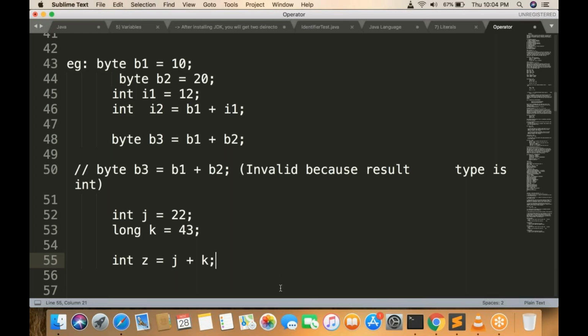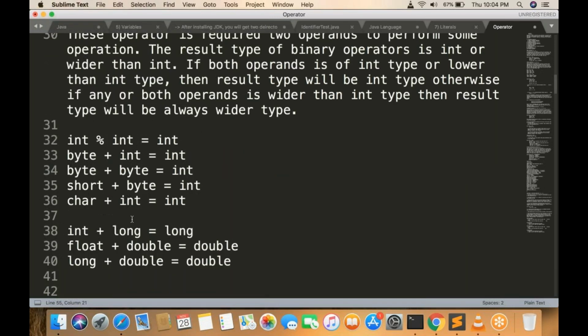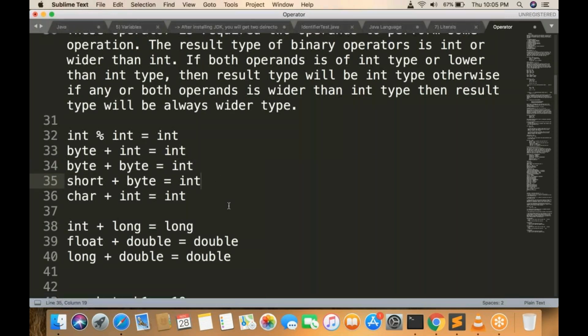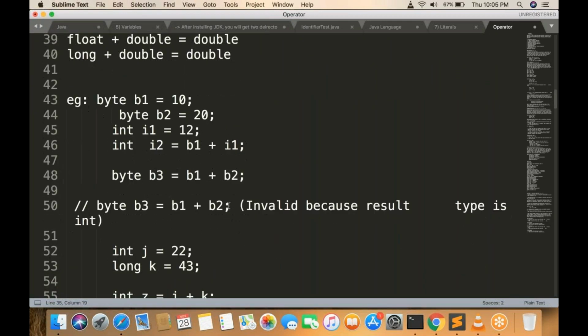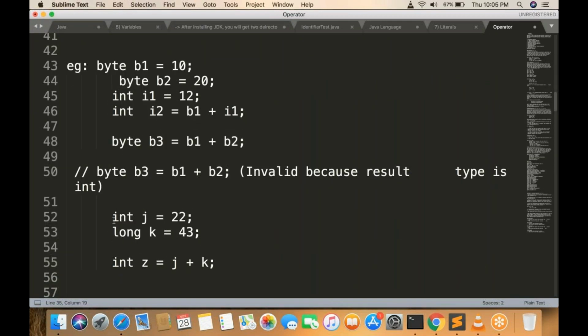Where did I tell you byte plus byte is equal to byte? What did I tell? Right? So here, what I'm doing is int j is equal to 22 and